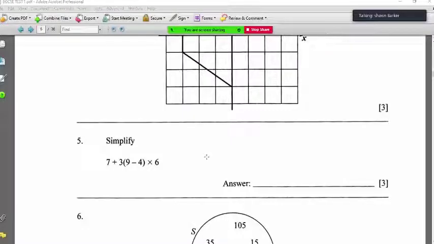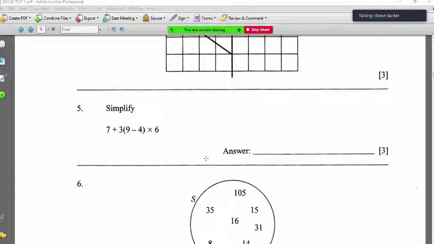So, simplification. There's an order of operations that you have to remember when you're dealing with simplification. And what is that? Well, you have to do, first of all, powers first, all exponents, depends on how you say it. Then you do parentheses, or the brackets, and then you do multiplication and division from left to right. And then you do addition and subtraction from left to right.